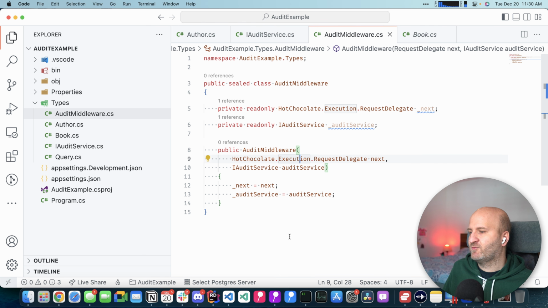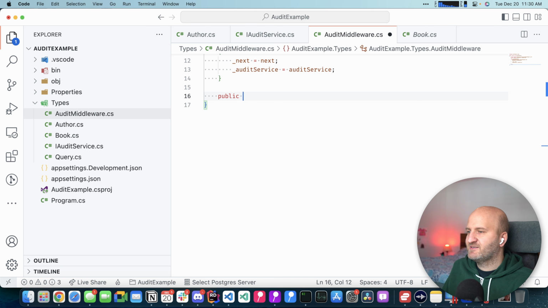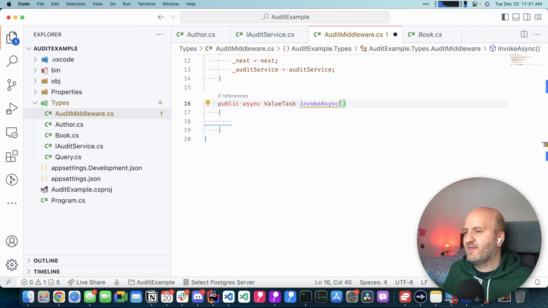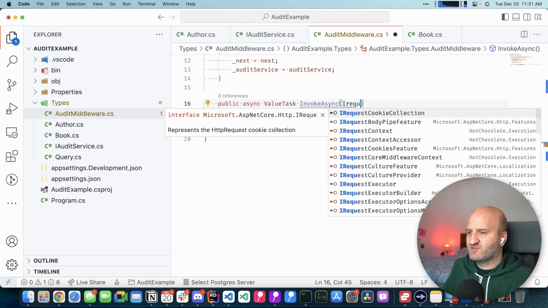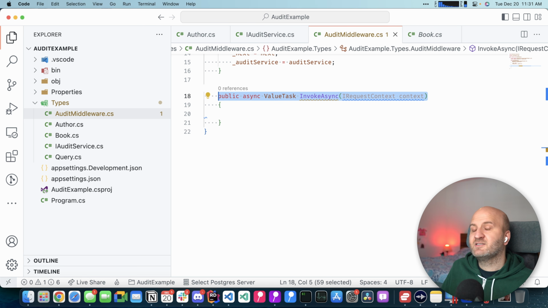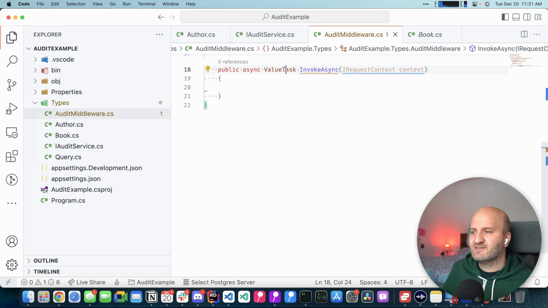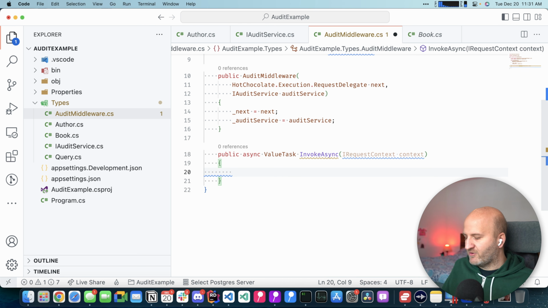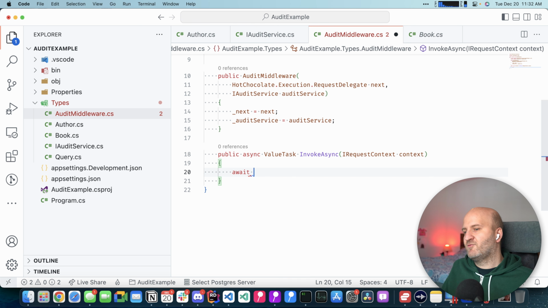So we just inject what we need, and then we introduce another method here, which is an async method, use a ValueTask, and we call that Invoke. And this Invoke method will get the request context. And the important thing here, this is by convention. This method has to be called Invoke. It has to use a ValueTask, and it must inject here at least a request context. You can have other services injected into this method that are, for instance, scoped, so you can capture them in the method. In our case, we're gonna await the rest of the pipeline, so we call the next delegate here,